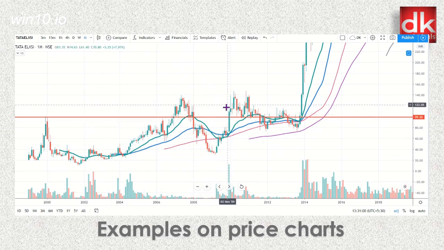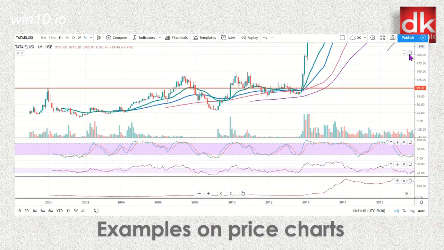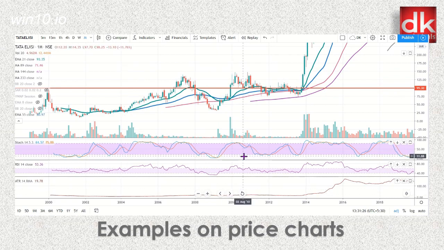Then again here was a breakout. Here our trigger price got triggered, and let us see in this case what has happened. What was the ATR value? If we see at this point when our trigger price for entry got triggered, let us check the ATR value. So here the ATR value was